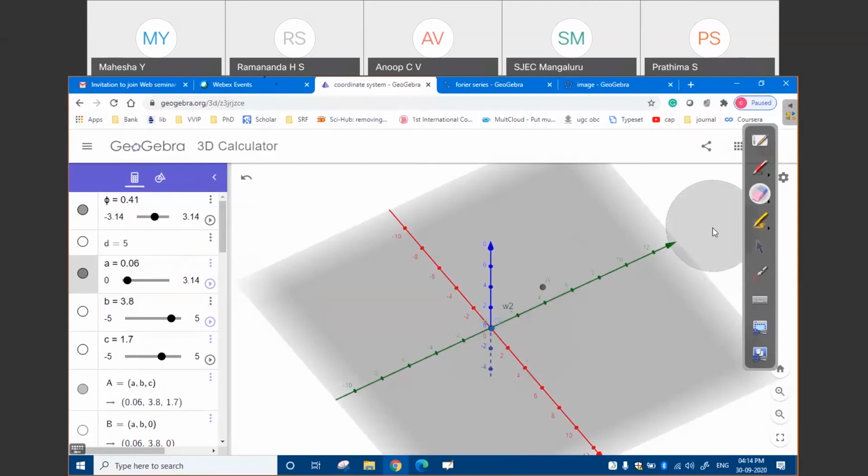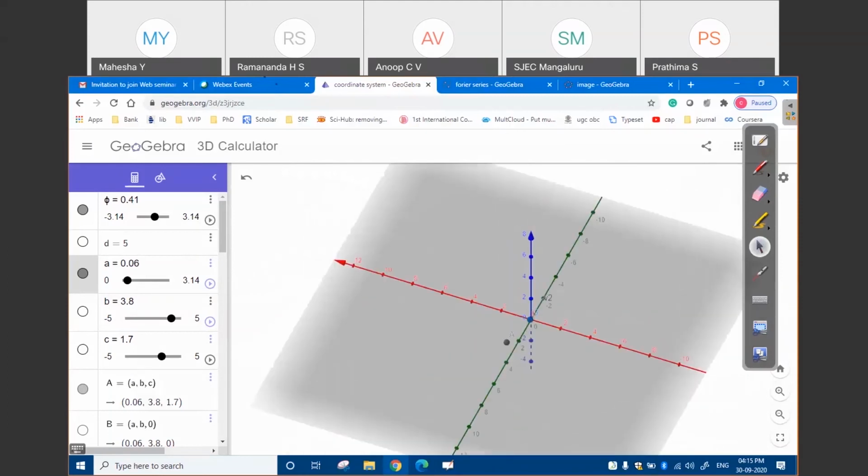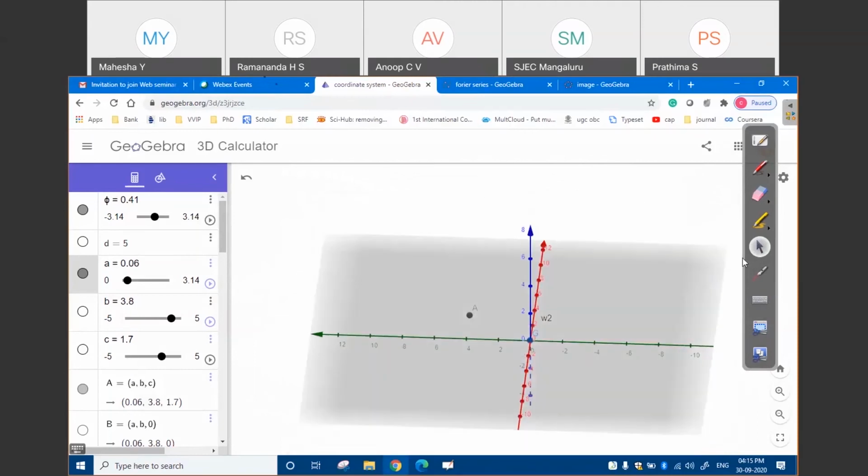Otherwise, we have to draw it on the board, or take a model of a 3 dimensional coordinate system, or use the classroom corners as a 3D system, and I have to move around. But this is useful in class as well as in offline classes, this GeoGebra. That is all the types of experiments we have used in our classrooms. Students found it very effective. That's all. Over to Anup sir.